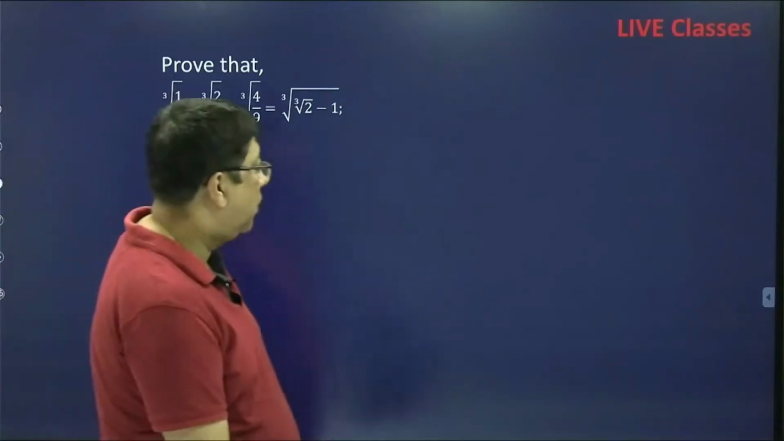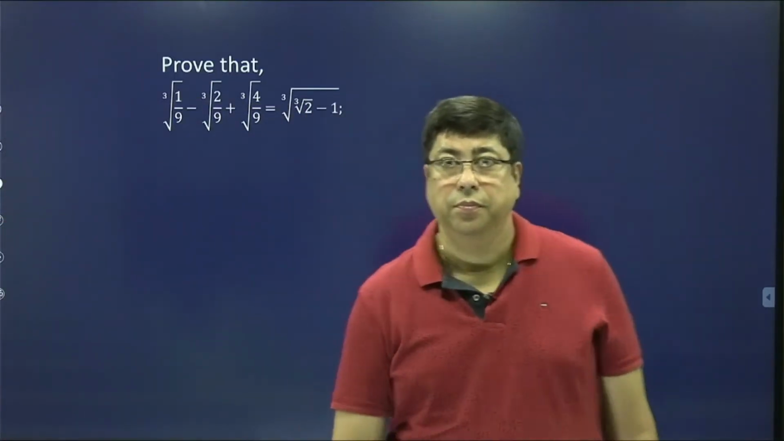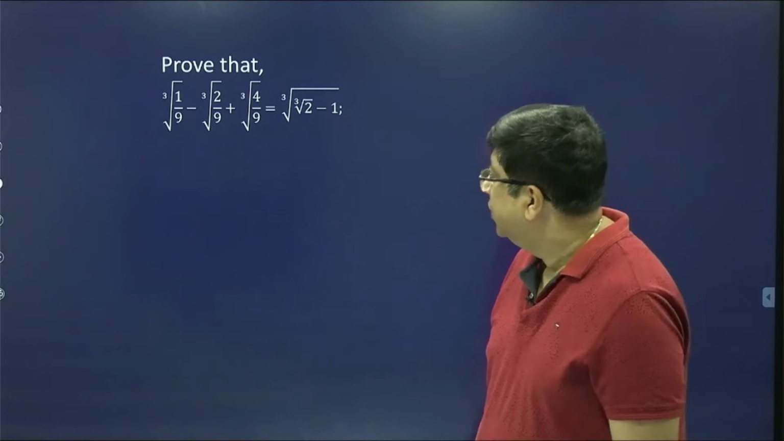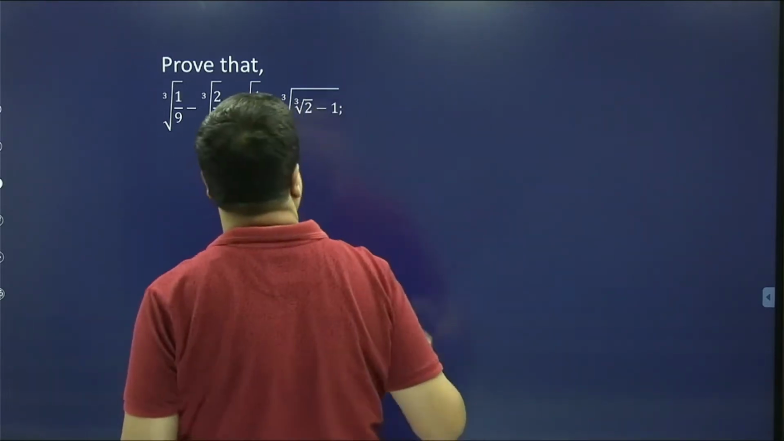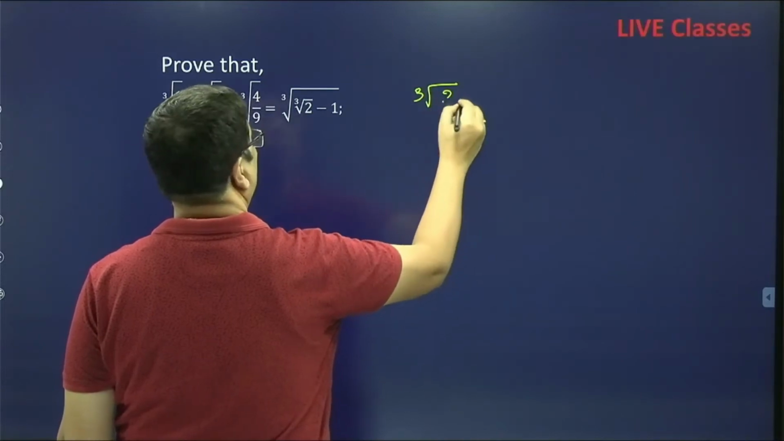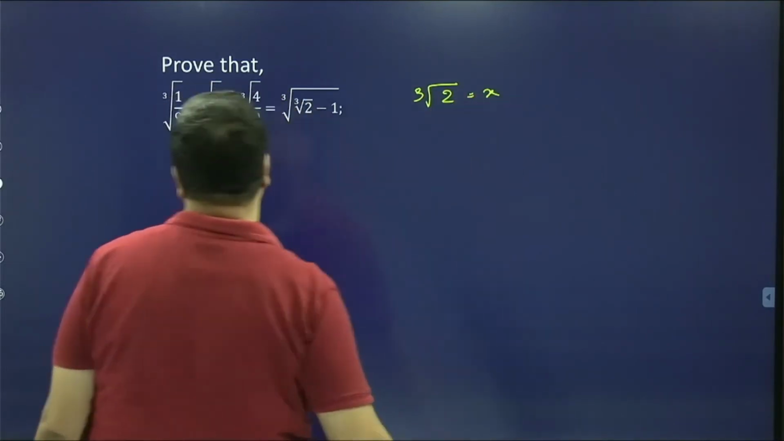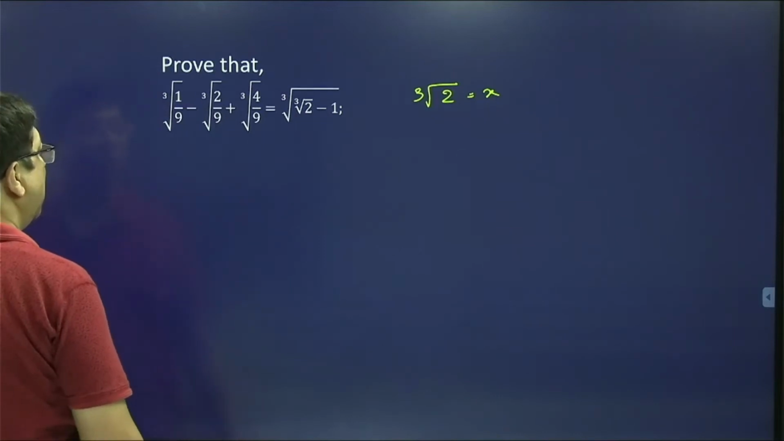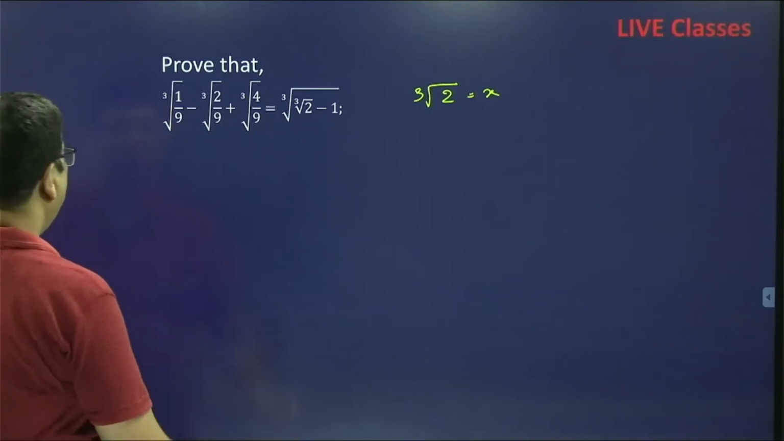So ready? We'll solve this sum. First of all, let us consider cube root of 2 equal to x. Now we have to prove, if we cube both sides, here